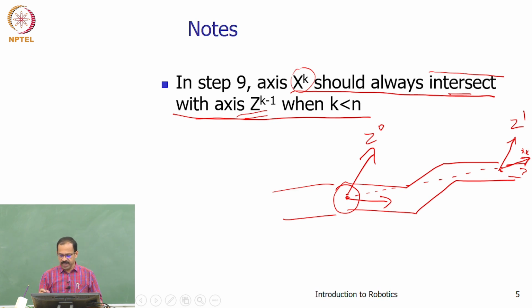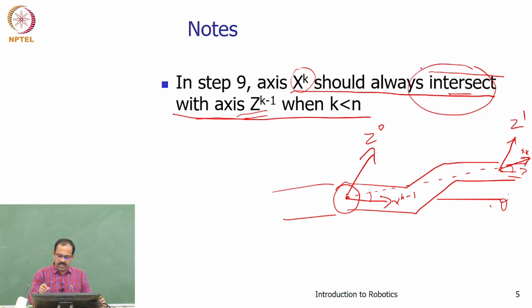Xk will be assigned like this. This will be xk minus 1 and this will be xk. So, it actually intersects with the z axis. So, this will be xk minus 1 and xk, and you will see an angle theta. This theta will be a permanent value. It is not a variable, but a constant theta will always exist between these two. So, that is basically what it says: intersect with the x axis, intersect with the zk minus 1 axis.